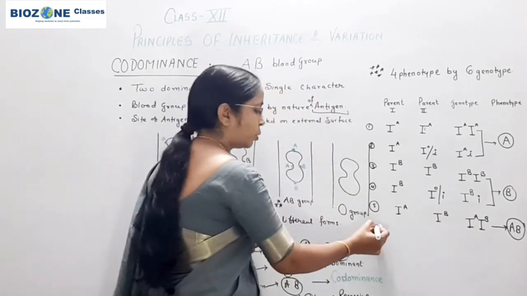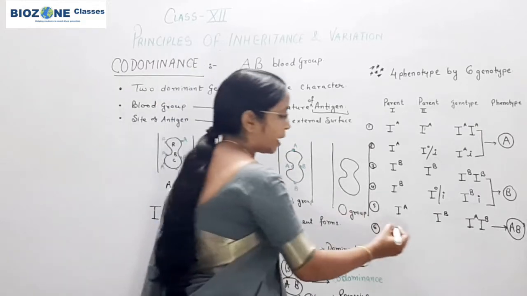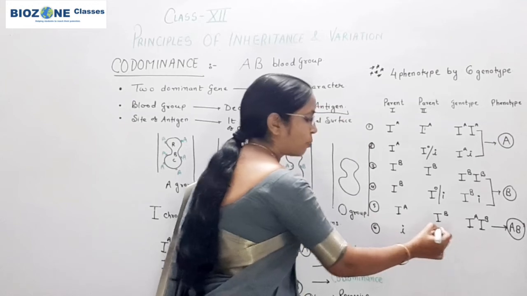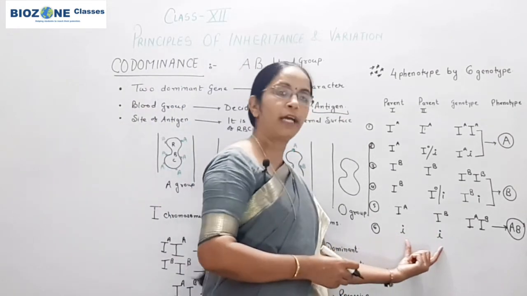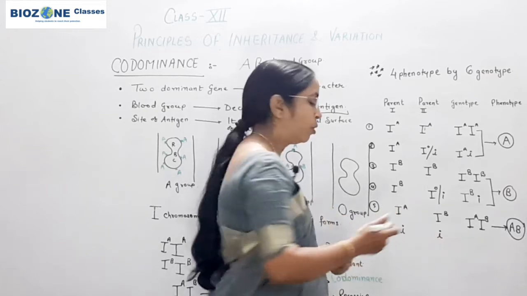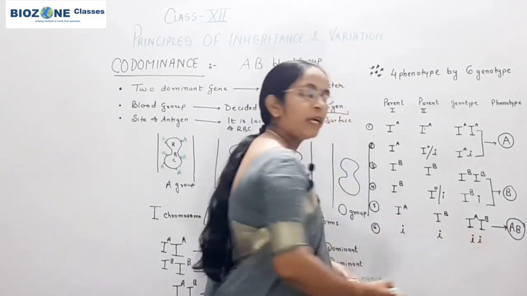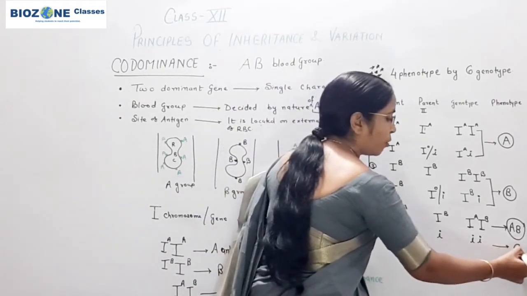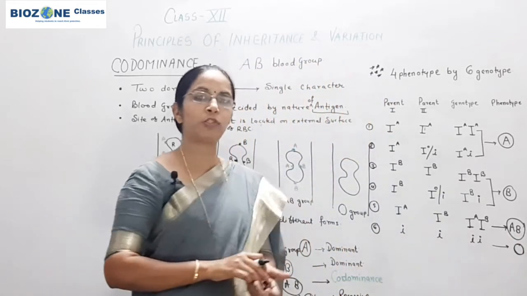And now we come towards the sixth condition, when both the parents contribute a recessive gene, that is small i, when both parents contribute small i or I0. So here you remember the genotype is homozygous, that is a recessive trait, and in this condition the blood group of the person becomes O.